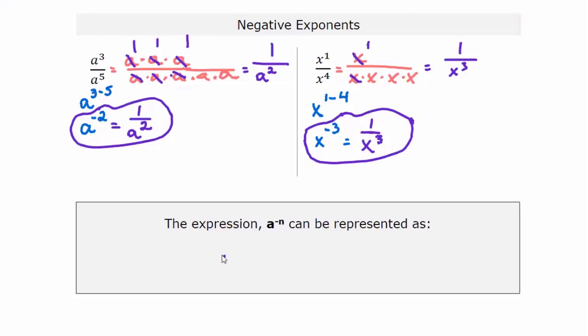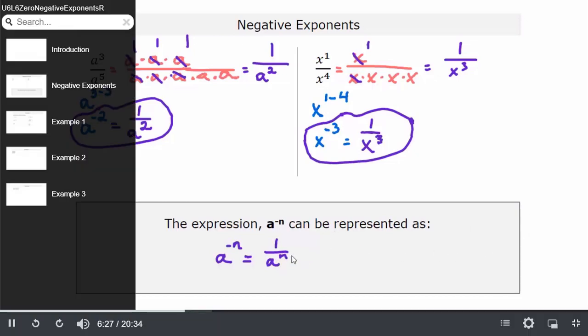So hopefully you see with our pattern here that if I have a to the negative n, which means any number to a negative power, that is going to equal the reciprocal of that power basically and making the power positive. So a to the negative n is equal to 1 over a to the n. Okay, so if we want to make this power